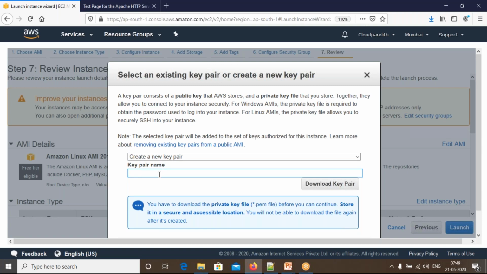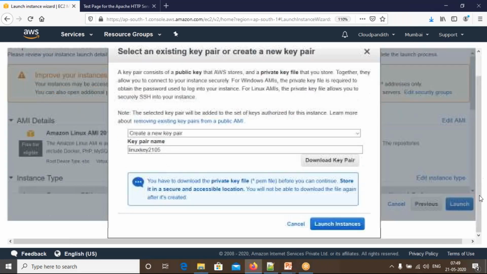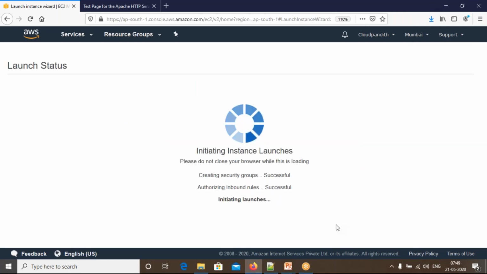This is my Linux key. Just to make sure this is unique, I will use today's date, 2105. Okay, Linux key 2105. Download this key. Once you download this key, you can launch the instance.